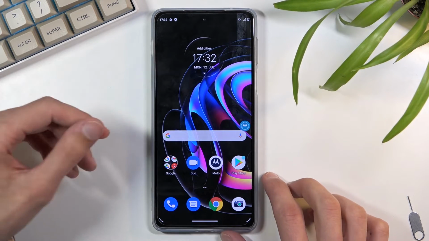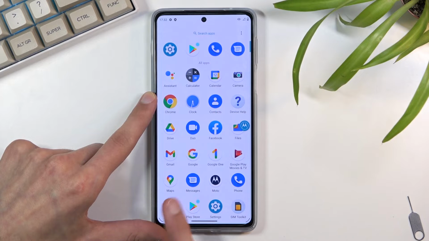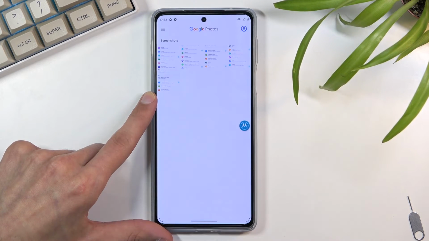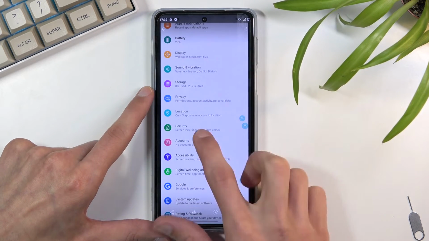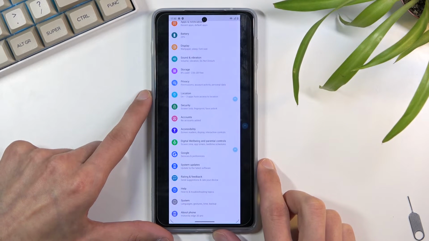Now, all the screenshots that I have captured can now be found in the Photos application, so I'm going to quickly find it. There we go. And as you can see, we have 5 different screenshots right here. So this is the cropped one, this is the non-cropped one. It still keeps the